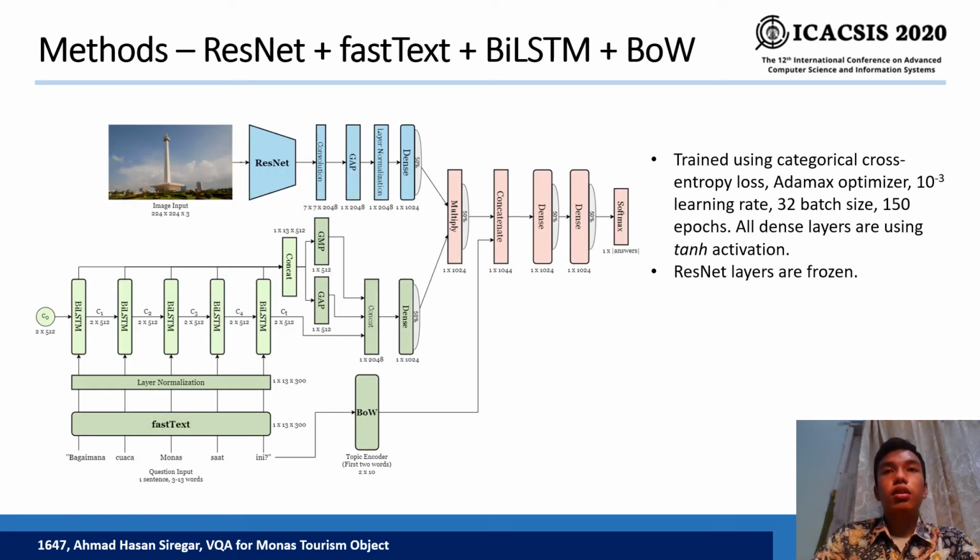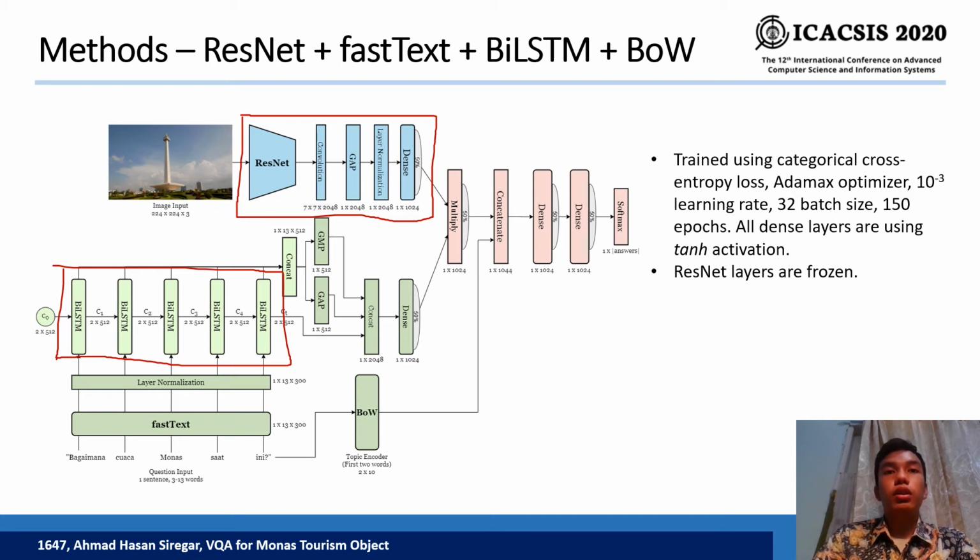So this is the last, the third method. The image embedding is the same, but we use bidirectional long short-term memories instead of BERT. But first, we embed each word using FastText and we forward into bidirectional long short-term memories, and the output we use is the cell memories, and the output of each memory is concatenated into 1 by 13 words, the 13 words because the longest question has 13 words, and then we apply some global pooling and we concatenate all